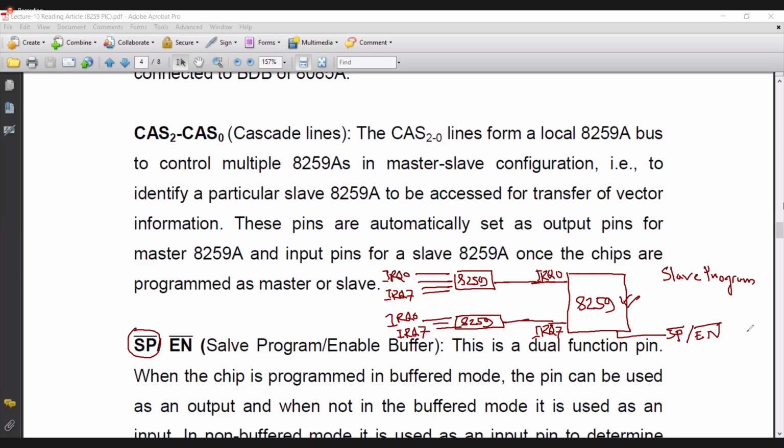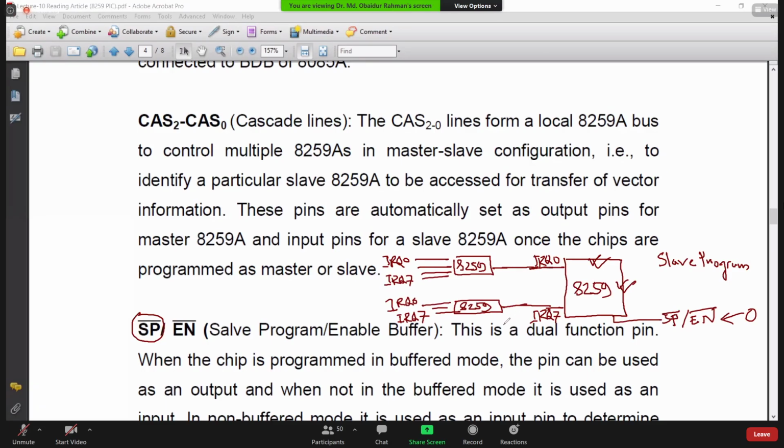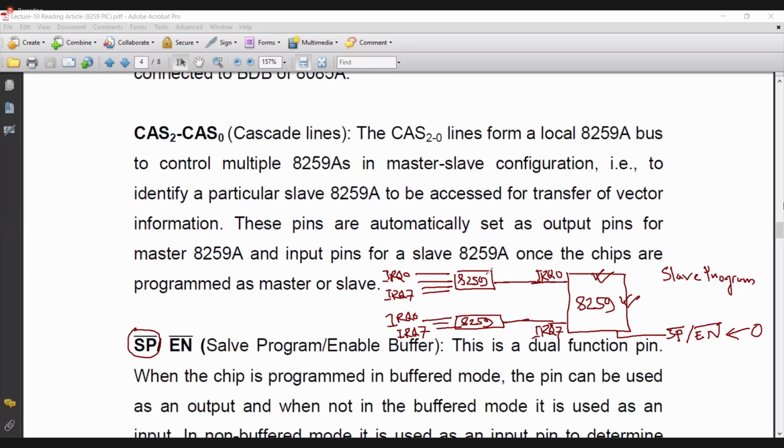So through this pin, a logic 0 signal should be sent, or it should be grounded. At that time, the system will understand, okay, this 8259 is working as a master interrupt controller, and it is connected with a maximum of 8 slave